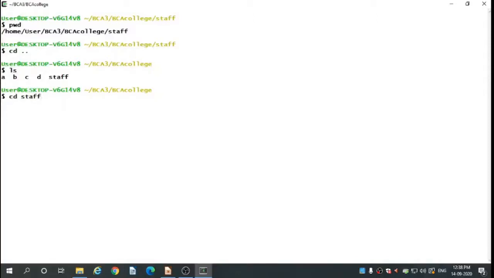This is a hierarchy, so don't get confused about this. See properly what I am doing here and then you will understand this. This is staff. If you want to move to the home directory, that is admin, you can use the cd command directly. cd dot dot will move you backward one step, but the cd command will show you the admin's folder.